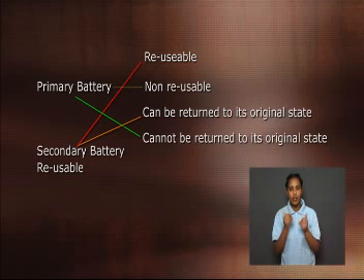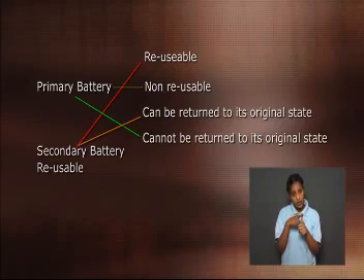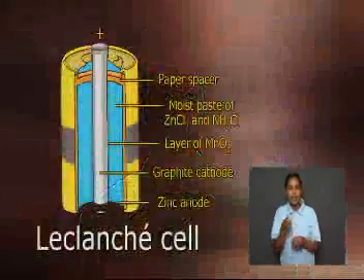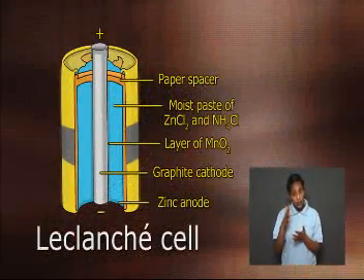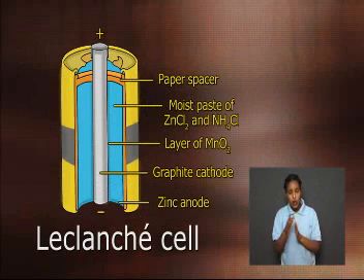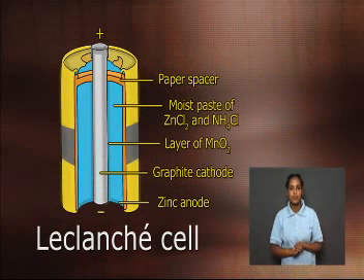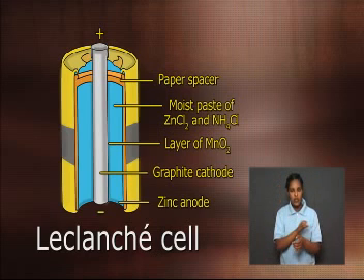Let us carry on and discuss a few types of primary batteries. We will start by learning about dry cell batteries. This type of battery produces about 1.5 volts. Leclanché cells, which are dry cells, are used a lot because they are quite cost effective, although they do have